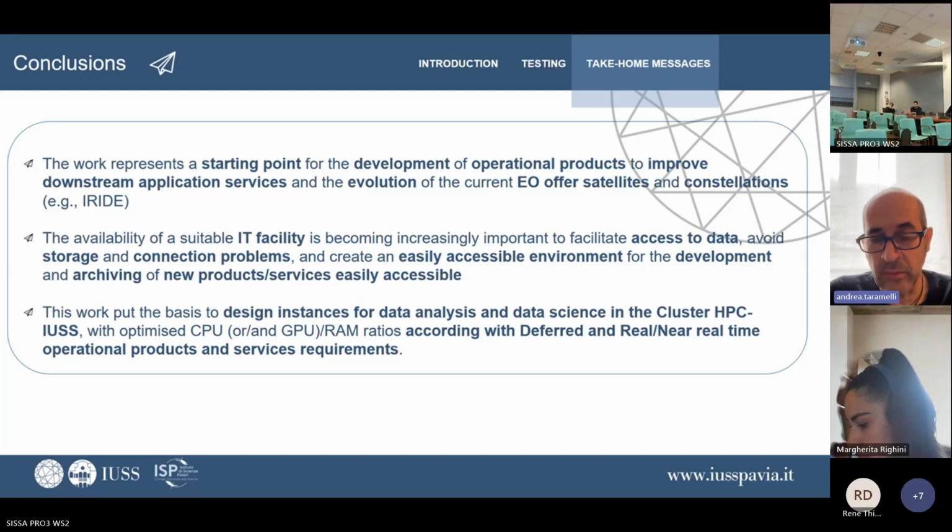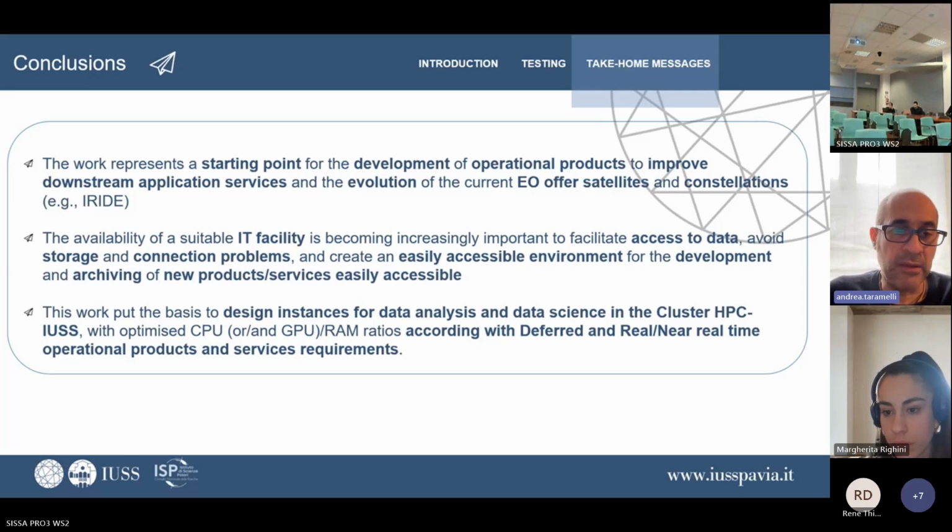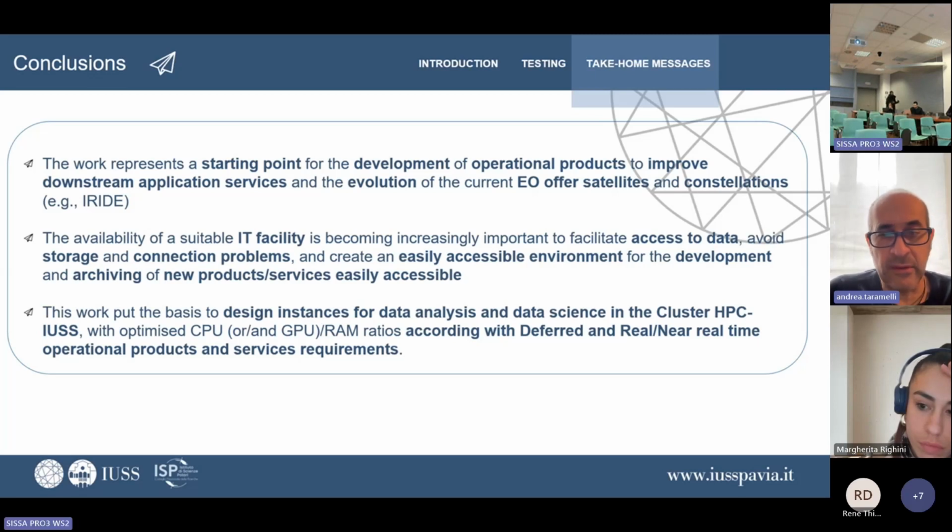As Serena was well presenting, you have 2 different types of processing. The SAR data, which has coherence and amplitude information, has specific issues that have to be taken into account. With the hyperspectral data, we have to consider that we have more or less 240 bands to deal with. So even if we have only 2 images to produce a data product, we have 240 spectral dimensions that we have to take into account.